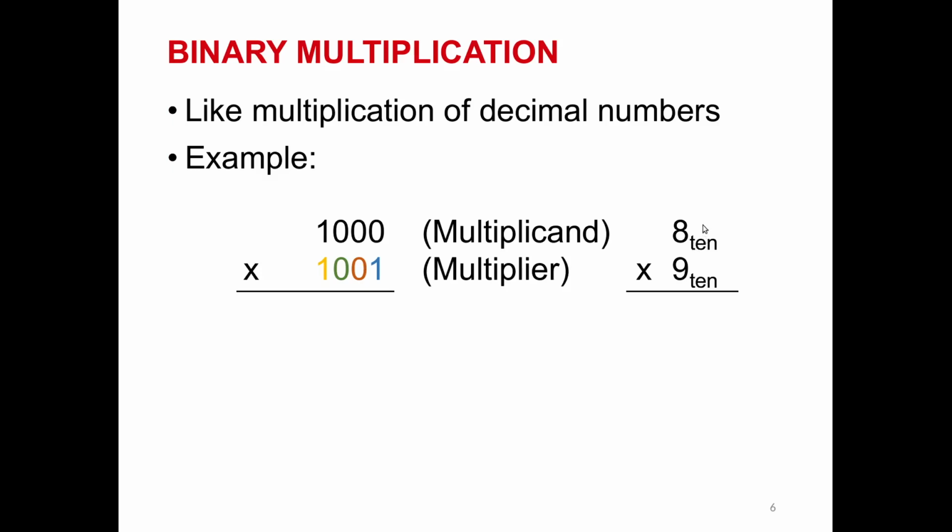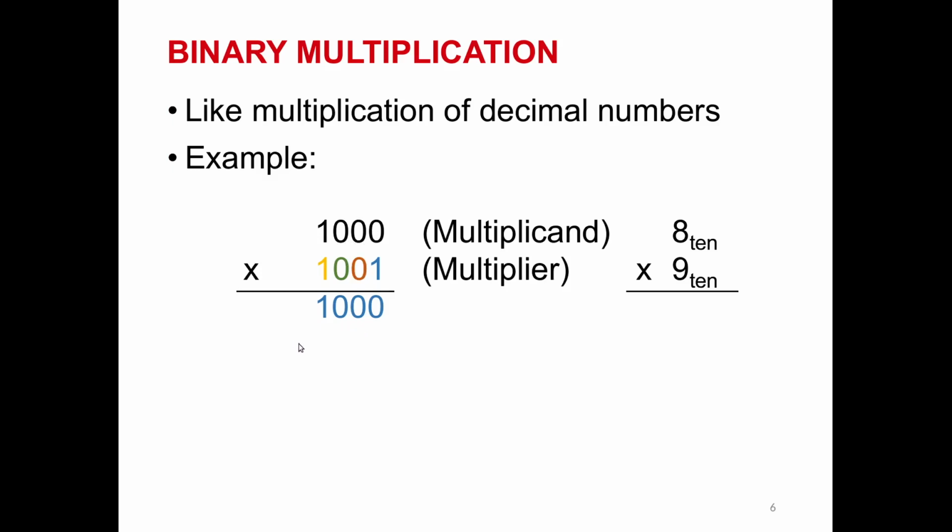If we have the number 8 for the multiplicand and the number 9 for the multiplier in binary, we need to multiply them together, and the multiplication will work similarly to that in decimal numbers. We take this value 1 and multiply it with this multiplicand and write it down here, and then we take the second value from the right, 0, and multiply with this multiplicand and